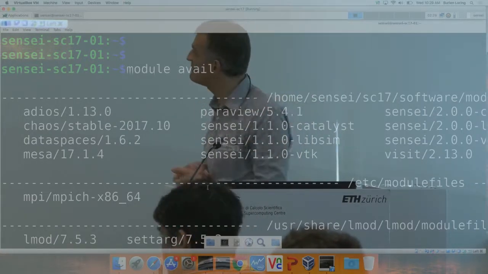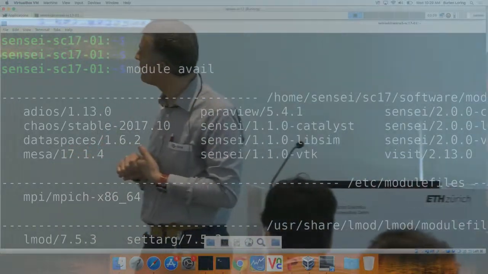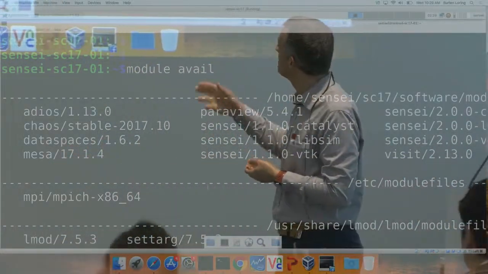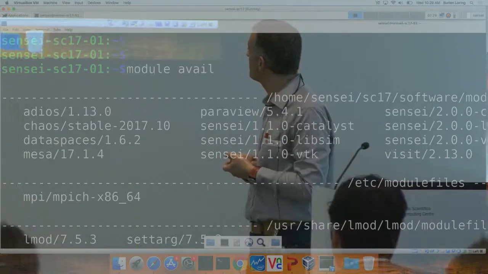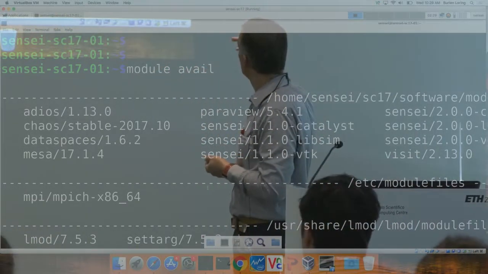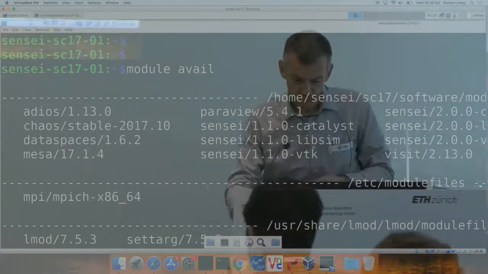And as you see, we have ADIOS version 1.13 available, Mesa ParaView version 5.41, VisIt, VTK, which is on the